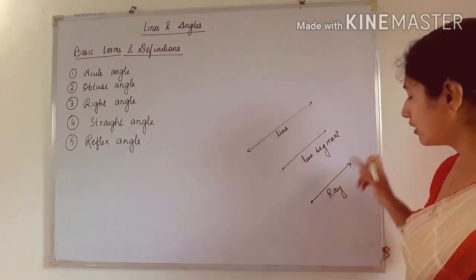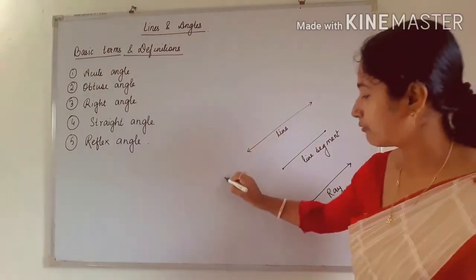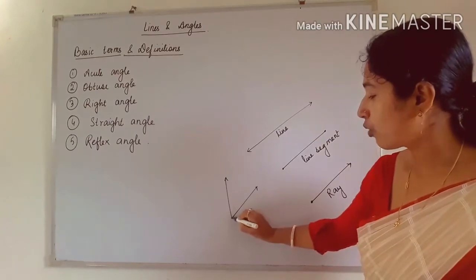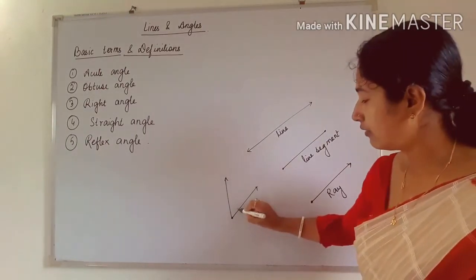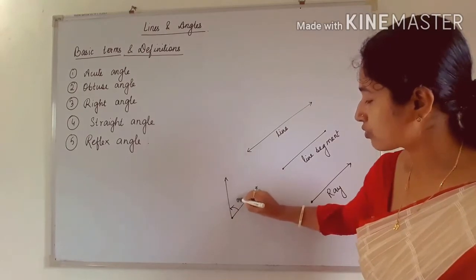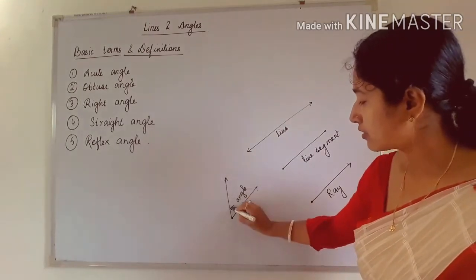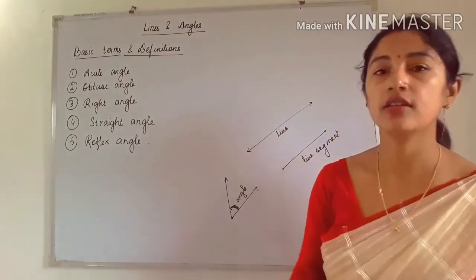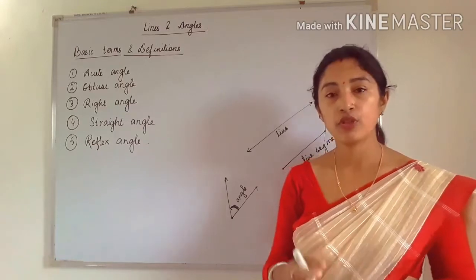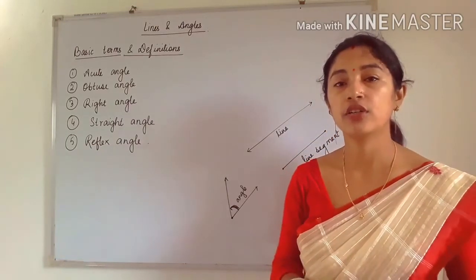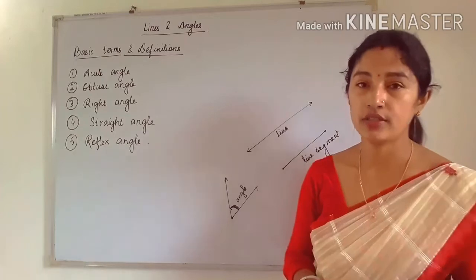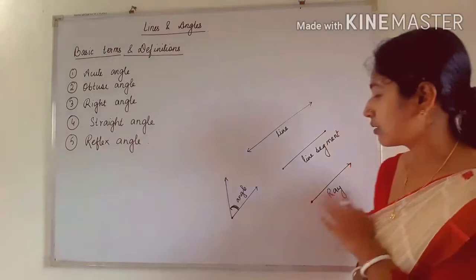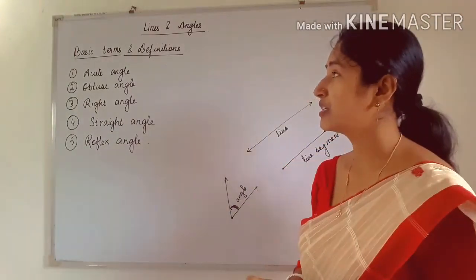Okay, so we can also say when we draw two rays, and if they share the common point, then angle can be formed. So this is called what? Angle. Angle is measured here in anti-clockwise direction. Okay, I will discuss it later. Anti-clockwise means opposite of clockwise. Okay, so now you have to measure the angle in anti-clockwise direction, that means opposite of clockwise direction.